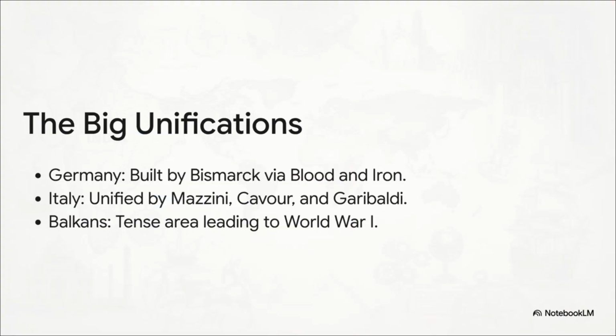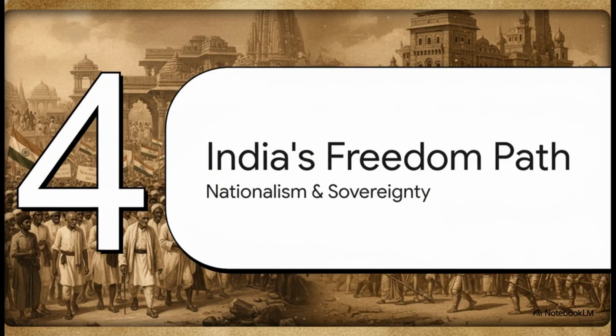Looking at how these nations actually formed, we see very distinct methods. Germany was built by Otto von Bismarck through a highly calculated, forceful strategy of blood and iron. Italy, on the other hand, was brought together by a trio. Mazzini provided the soul, Cavour the brain, and Garibaldi the sword. And then you have the Balkans. This was the most tense area in Europe, just filled with overlapping national desires that eventually became the powder keg that sparked World War I. Which leads us directly into Section 4,